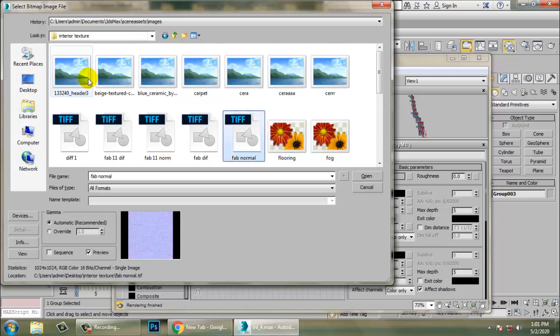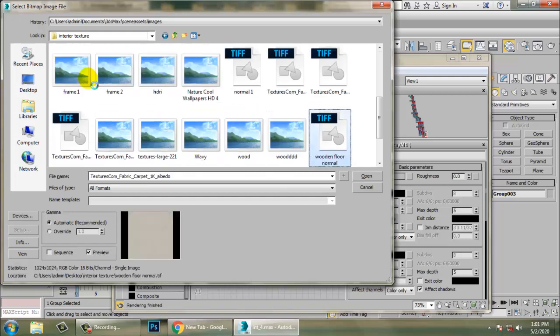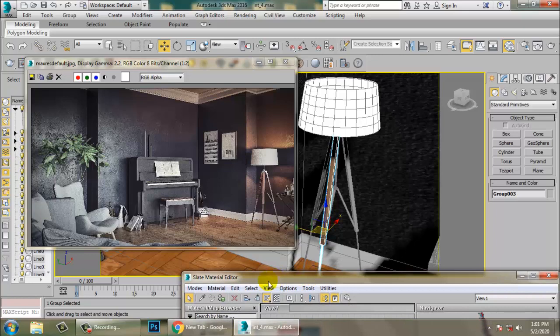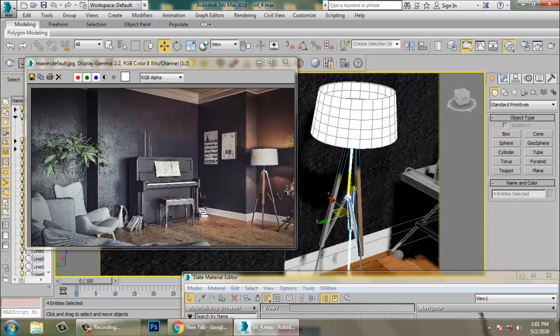So let's take one wooden texture. Okay, we can take this texture. So let's assign this texture over here. So select this, excluding this.